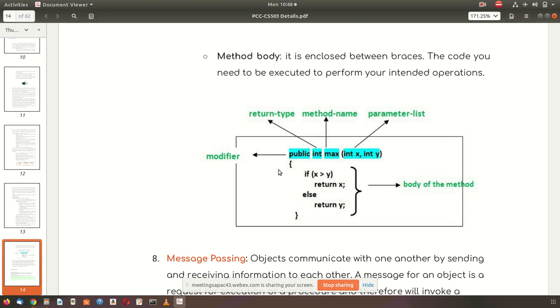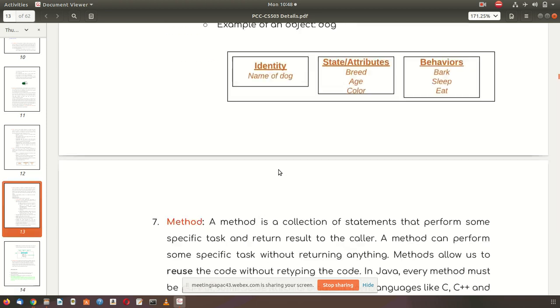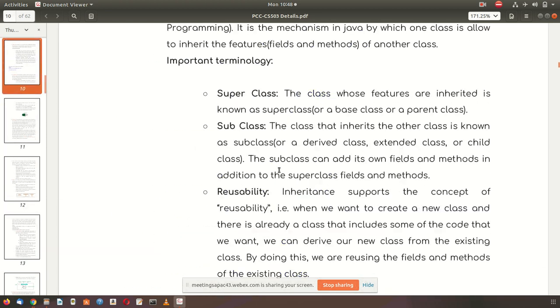So here, if you remember, we were discussing the concept of inheritance, where the properties of an existing class can be used in a new class, and how it is written by using the keyword.